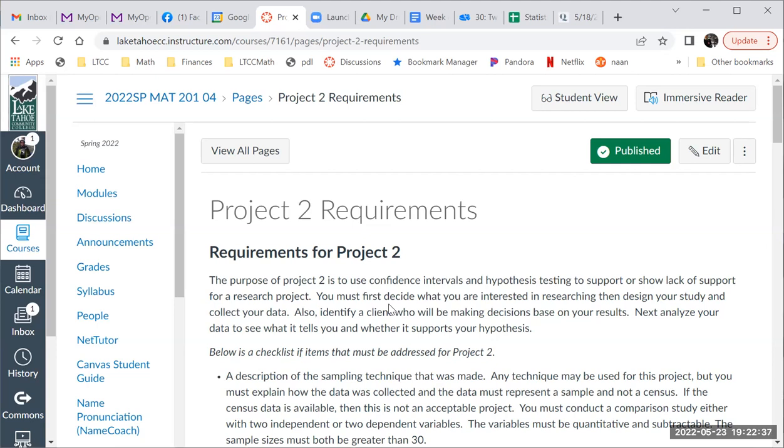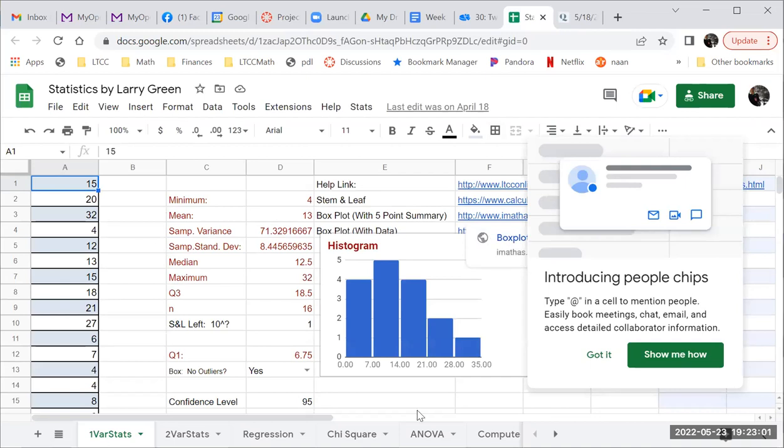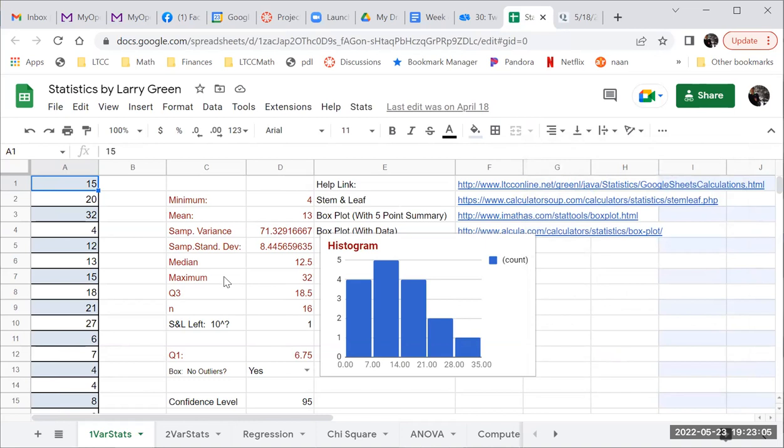Share the work. Okay, after you collect your data, what do you think the next step is? Write the paper. Put it in the calculator. Yeah, put it in the calculator, but not the calculator we've been using. Remember, with the projects, what's the requirement? The spreadsheet. So the good thing for you guys, by the way, is that I made the spreadsheet do everything in our class. I don't know if you realize that. So